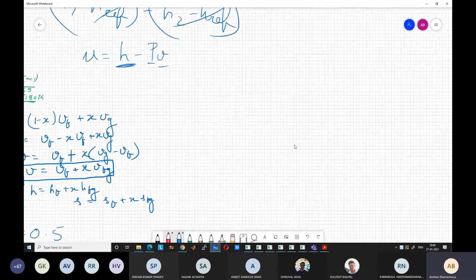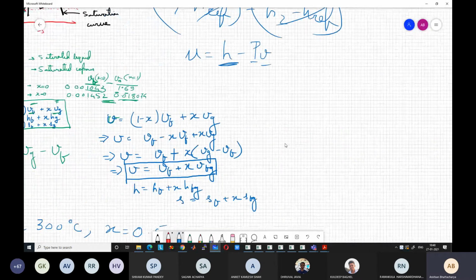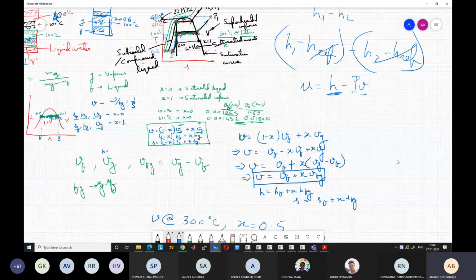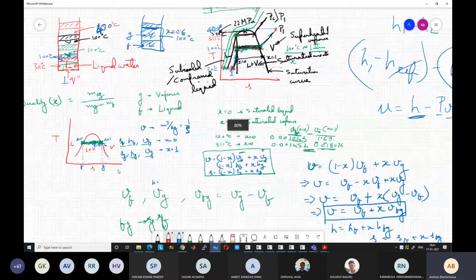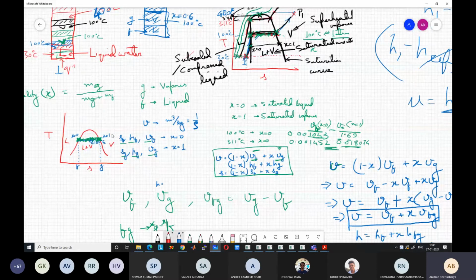So the saturation tables are only valid for the saturation region. Now if we want to find the values on the right hand side, what is the right hand side called? It is known as the superheated region. So we have to look up another table, which is the superheated table. Why is this different table required? Can anybody say what is the difference between saturation region and superheated region in terms of property values? Like how to find the properties?